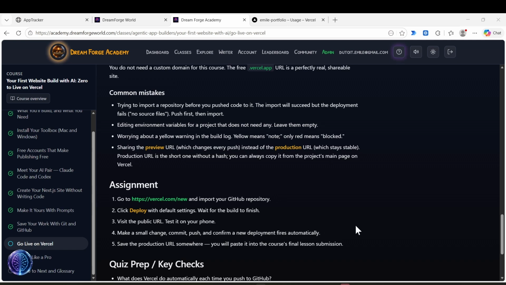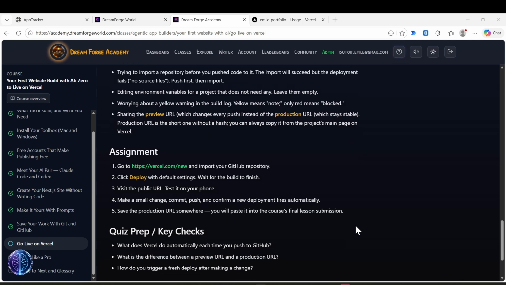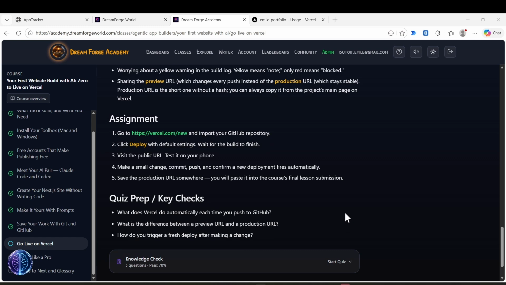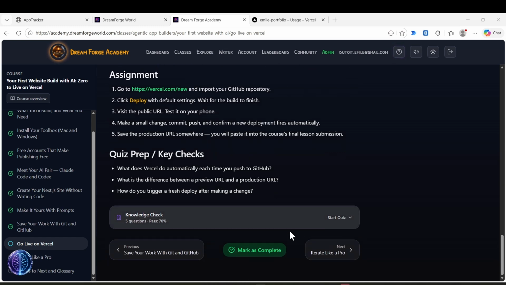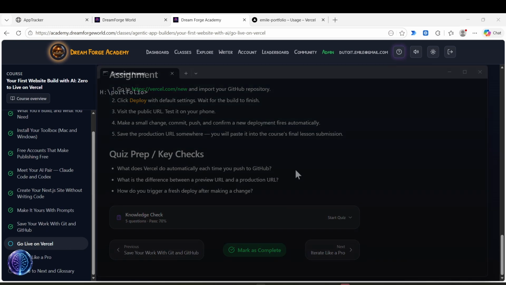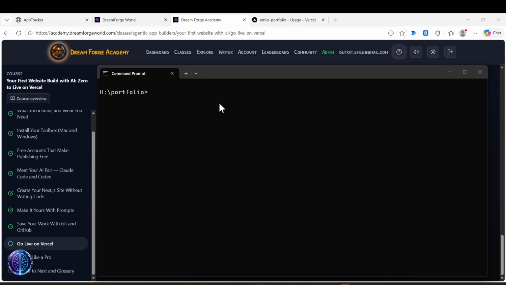So you save the production URL somewhere, you will paste it into the course's final lesson submission. Then I recommend you go through the quiz on your own time and mark the lesson as complete. So as a quick practical demo, just in case that helps you out, you go to the project folder where your application is. If you're using VS Code, you type code dot,